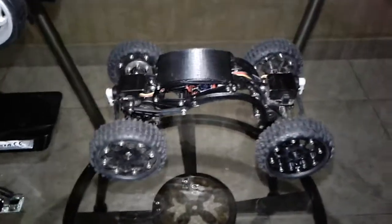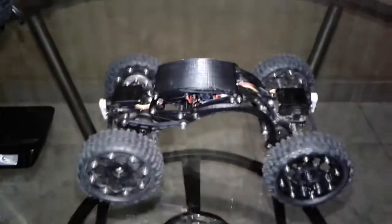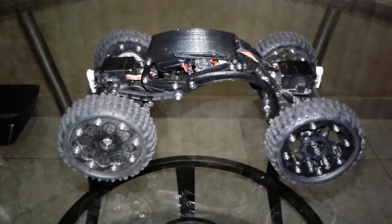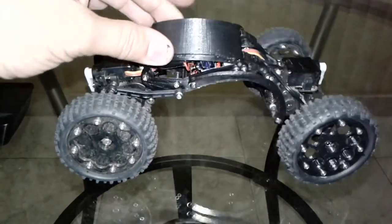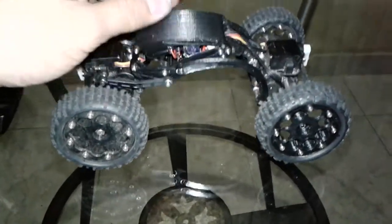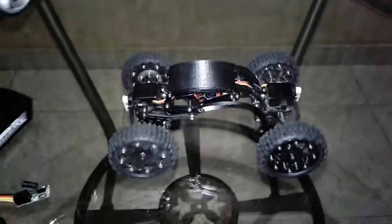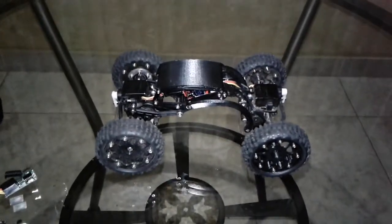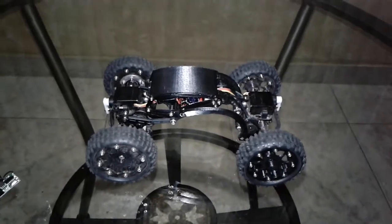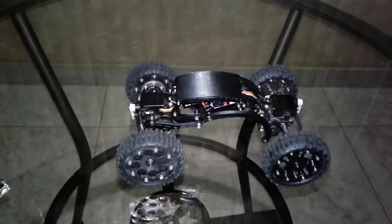Alright, so there's been some questions as to whether you could have a dig function with the Stingray chassis, because the chassis is so small that you could barely fit the stock ESC in there. So here's a video just to prove that yes, you can in fact have dig function on this chassis. Of course you've got the back and forward, both motors going,